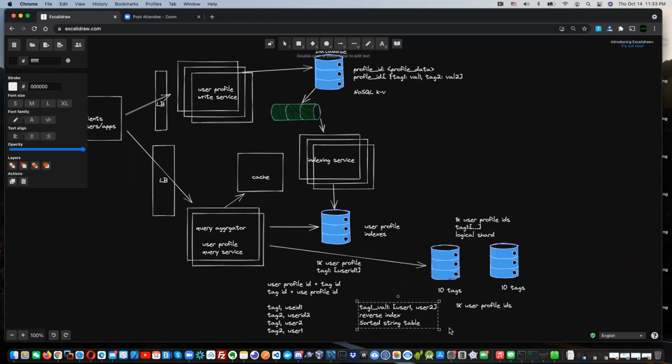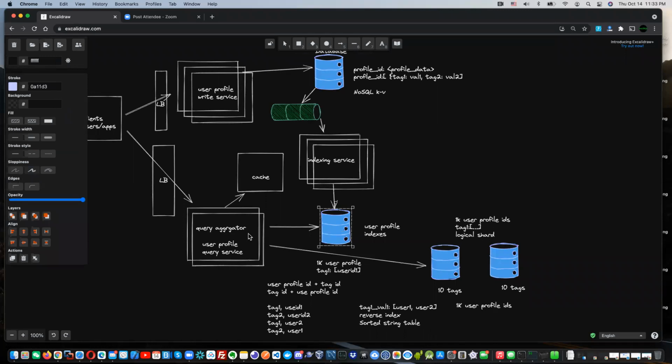Let's say the query aggregator gets the result for tag one from this shard, and the result for tag two from the second shard, and then that data has to transfer, and the logical AND operation needs to happen in the query aggregator. Whereas if I shard by the user profile IDs,